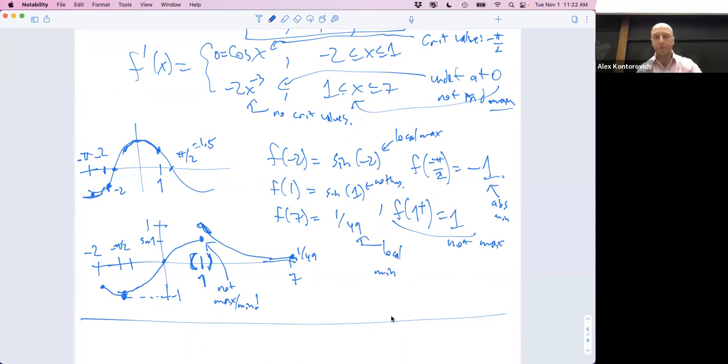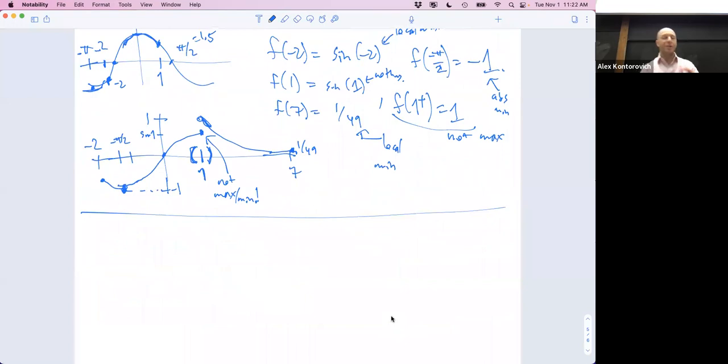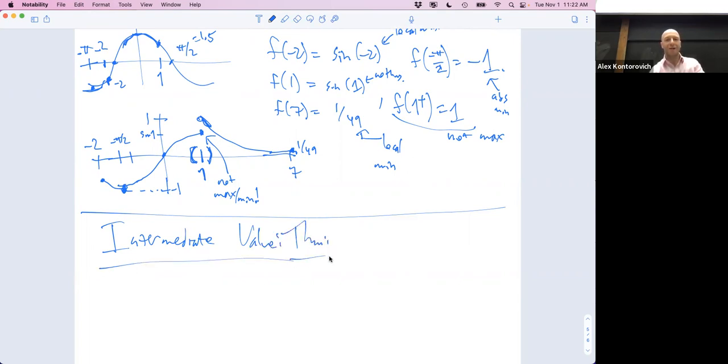Okay, let's use this for a few more things. So here's something called the intermediate value theorem. Do you guys remember it? We had this a long time ago. What does it say? Yeah, exactly. If a function is continuous on a closed interval a to b,